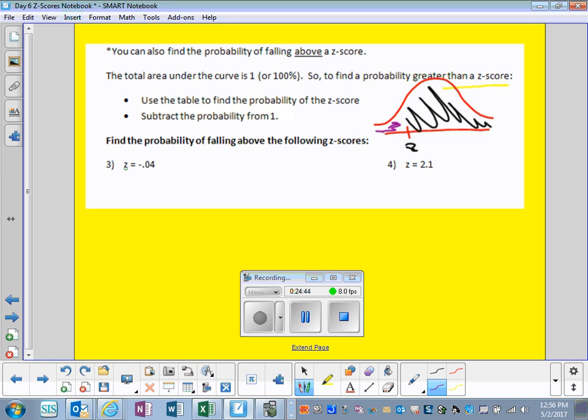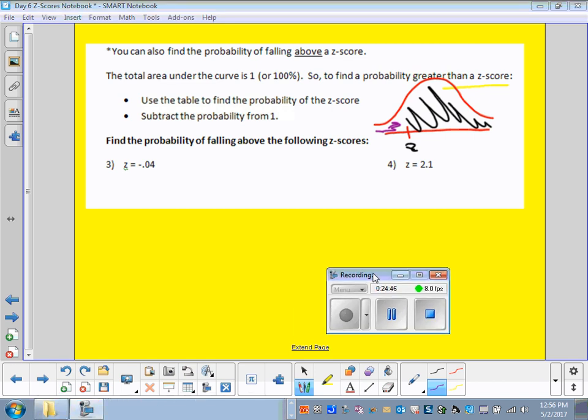Okay. So let's practice. Find the probability of falling above the following z-score. Z-score equals negative 0.04. So the probability of falling